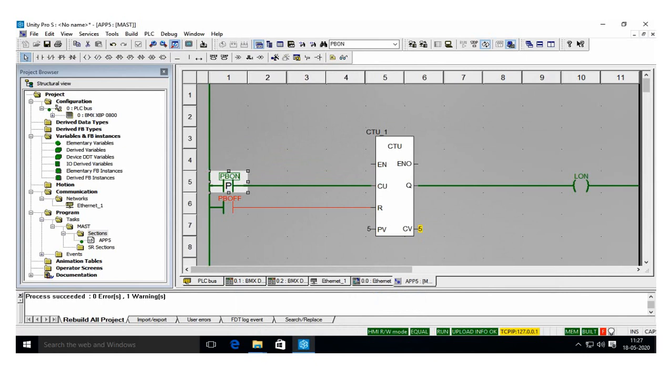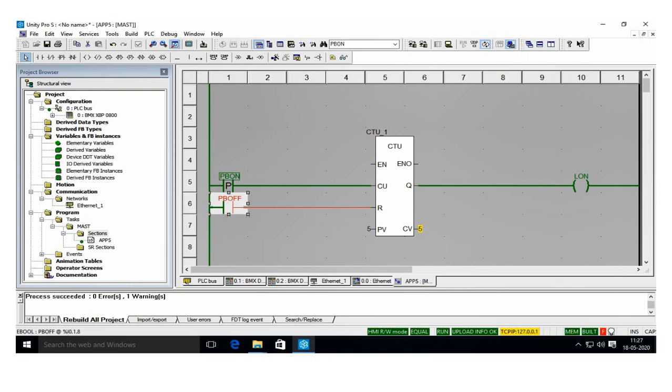Okay. So our application is, after the 5 pulses of the push button, that is after the counting operation, the lamp turns on. So this can be applied in real time. Whenever 5 persons in a row enter a college or auditorium, the lamp above them or the fan above them should switch on. For that we can apply this application. After that we have to reset it.